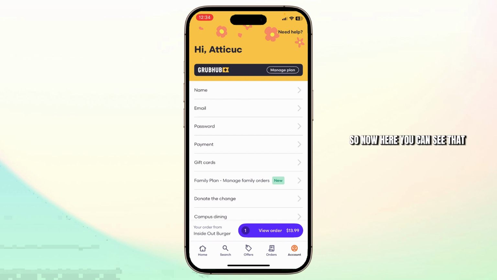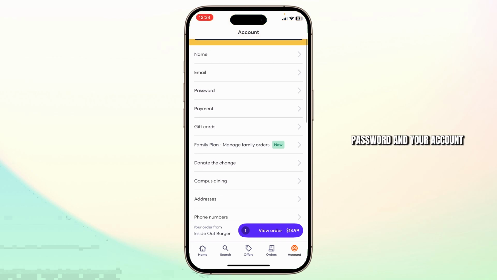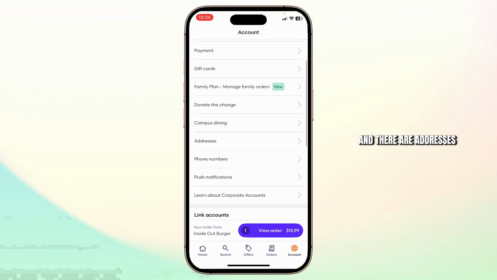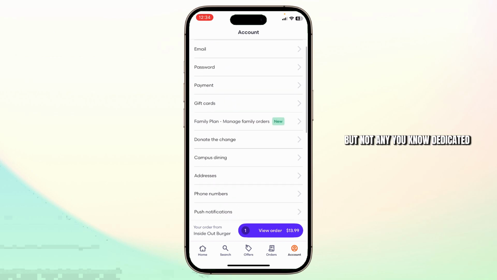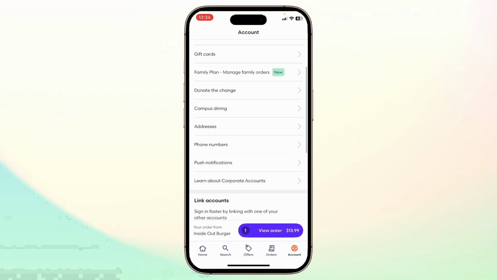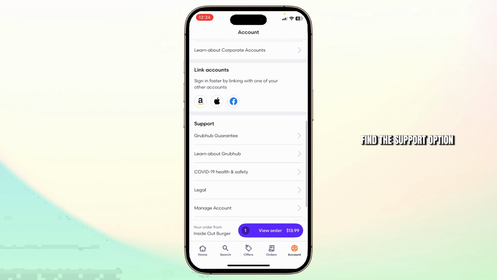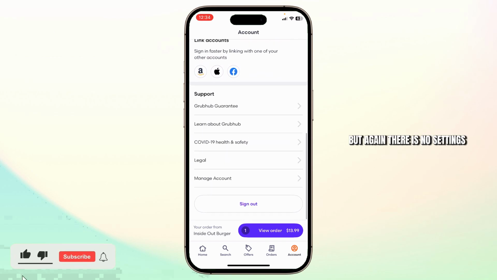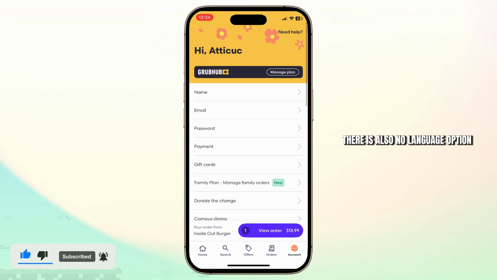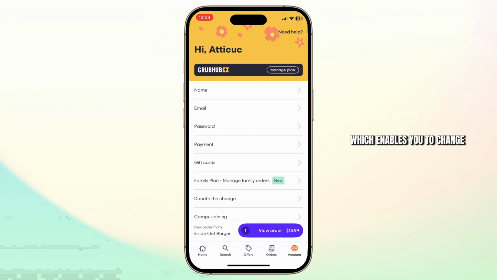So now here you can see that you have your name, email, password, and your account's basic stuff. And there are addresses and other stuff, but not any dedicated settings for the app. So if you scroll down, you'll find the support option. But again, there is no settings. And even if there is no setting, there is also no language option, which enables you to change the language